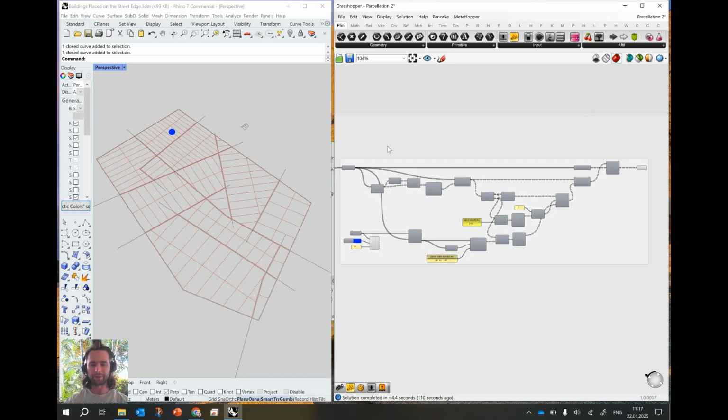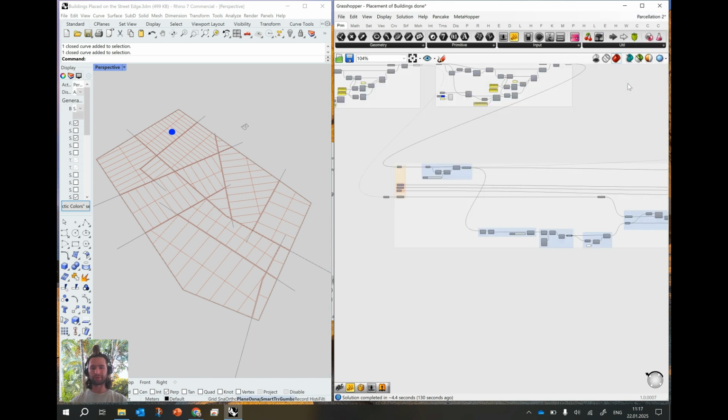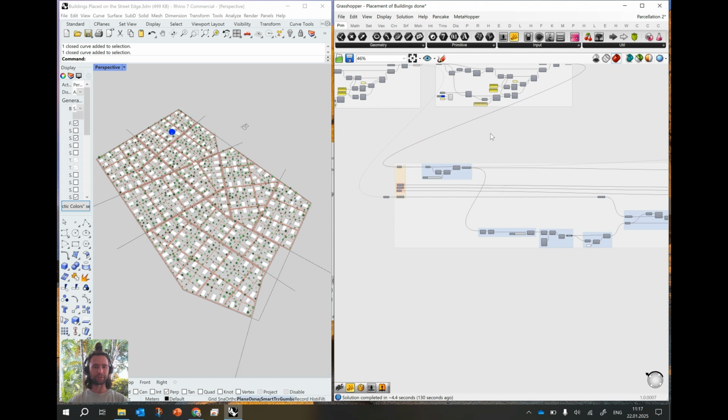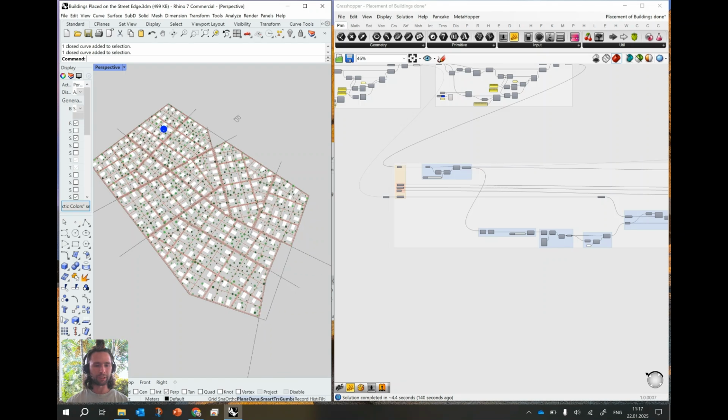Hello. So in this video, I want to start the topic of placing single buildings on parcels, and I want to break this topic down into multiple videos. And the first video will be the preparation of parcels for the script. So this will be the result of placement of buildings on the parcels, and the first step would be